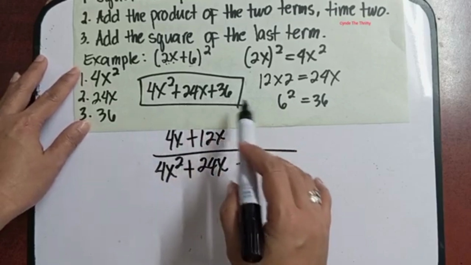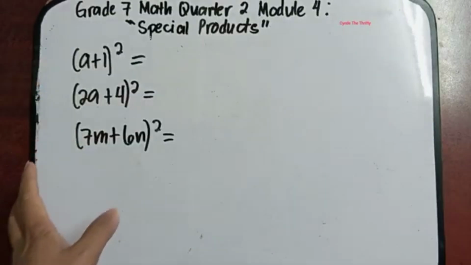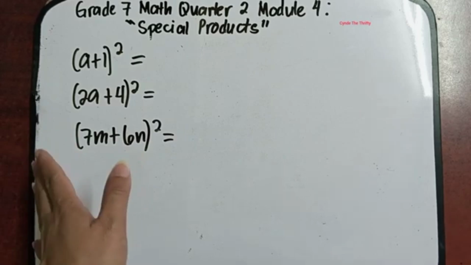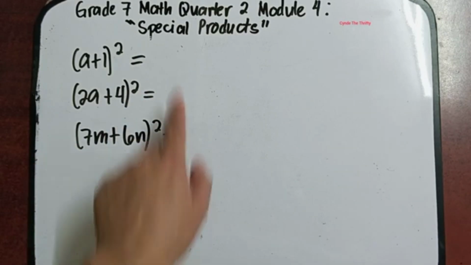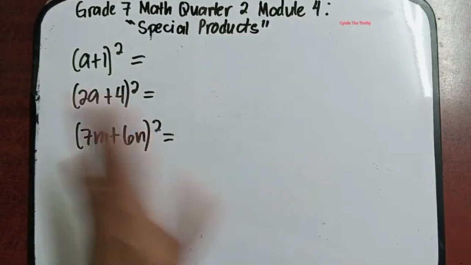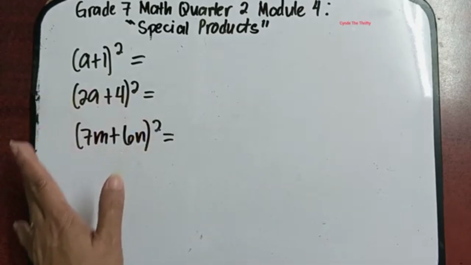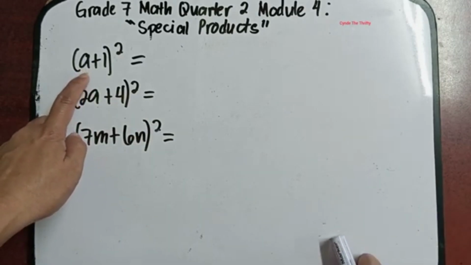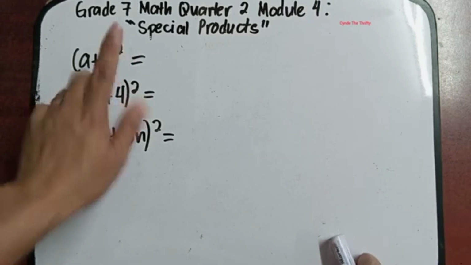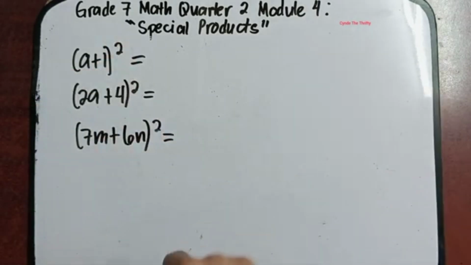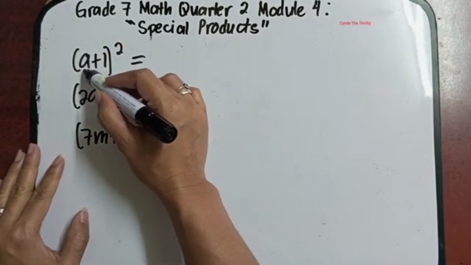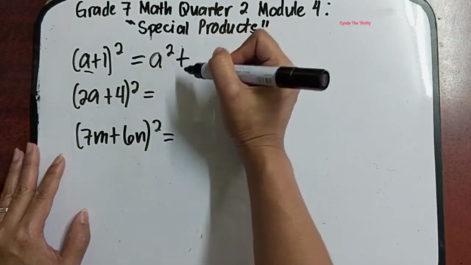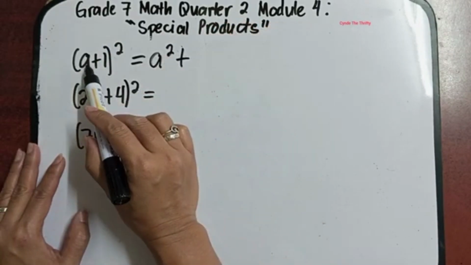squaring a binomial sum. Ngayon, i-apply na natin ang ating natutunan. So, squaring a binomial sum. Paano natin i-square ito na sagutan na natin siya kaagad na hindi na natin siya kailangang i-solve? Okay, so ang first gagawin natin dito sa ating first example, a plus 1 squared, ang gagawin natin is i-square natin ang ating first term. So, first term is a, so that is a squared plus